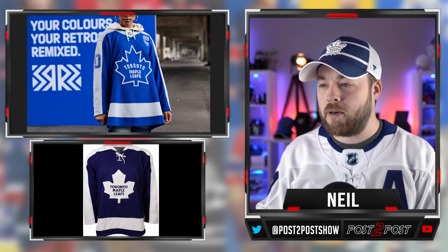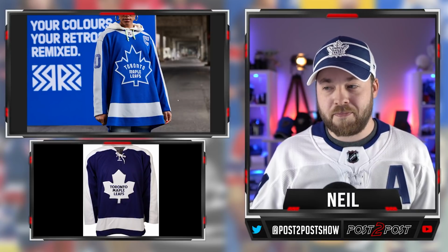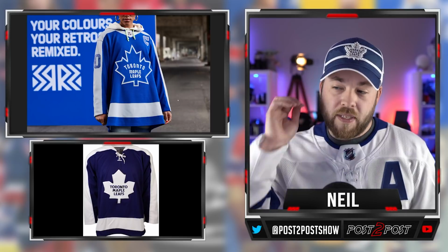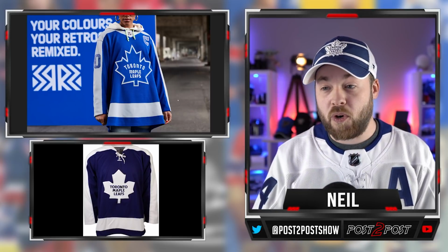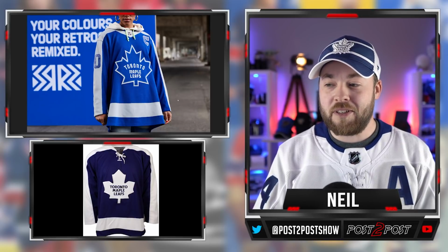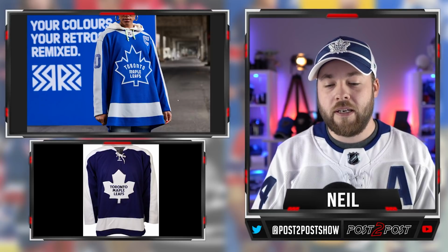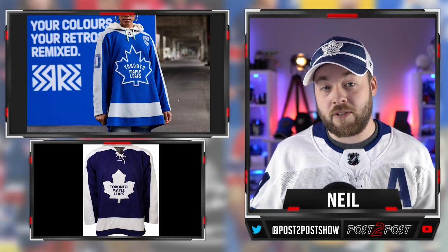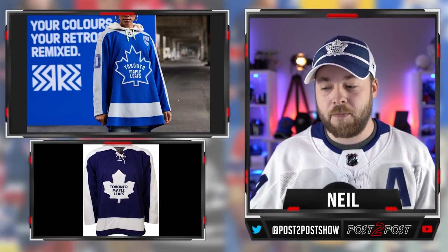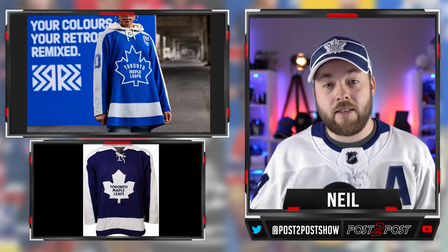Now the logo on the front is where I have a couple of concerns. That is not the logo that I was expecting to be on the jersey. I was expecting them to use the one that was on the one in 1970, which is below. So to see that logo on there feels a bit wrong, and I don't know how well this is going to translate to my American viewers or anyone outside of Canada, because I'm in Canada. But here in Canada, we have a store called Canadian Tire. And in Canadian Tire, they have